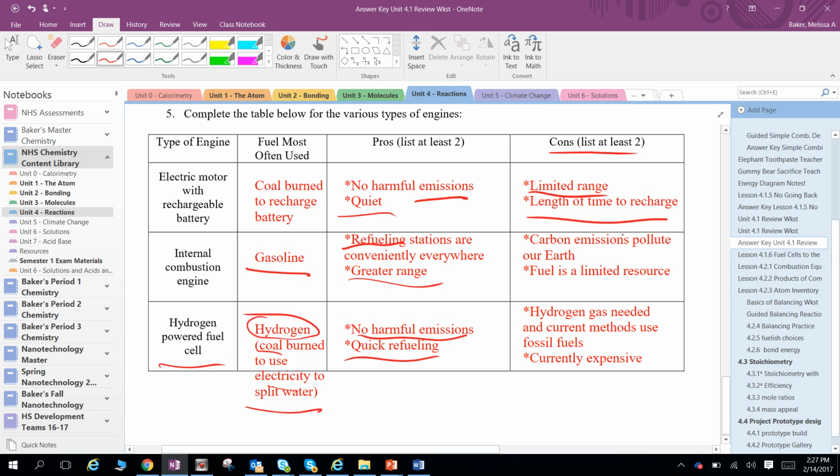The internal combustion engine, of course, has pollutants, which we're very concerned about, and fuel is a limited resource for these engines. With hydrogen-powered fuel cells, you need hydrogen, and the current methods, like we discussed, use fossil fuels, and they're very expensive. Again, you could have had lots of different answers for those. Those are just some